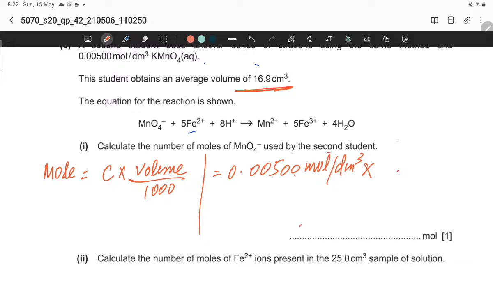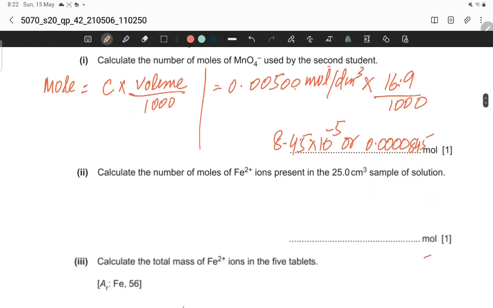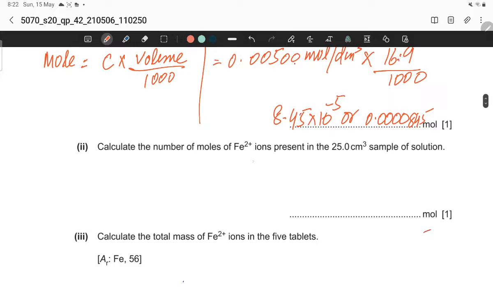Concentration multiplied by volume is 16.9 divided by 1000. So this is equal to 8.45 into 10 raised to the power of minus 5, or you can write it down like this: 0.000845 mole. Calculate the number of moles of iron 2 ions present in the 225 centimeter cube of the now